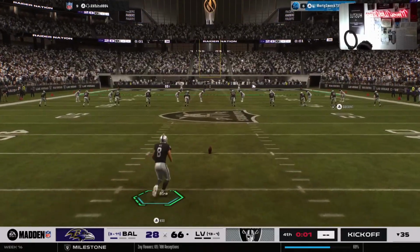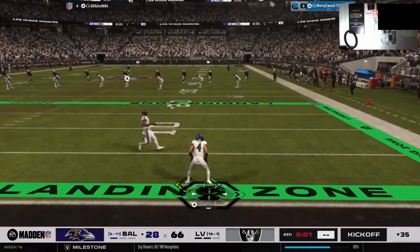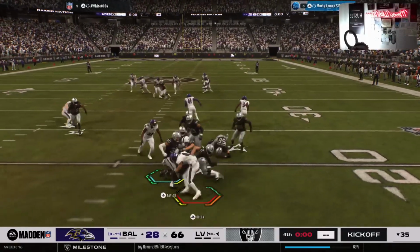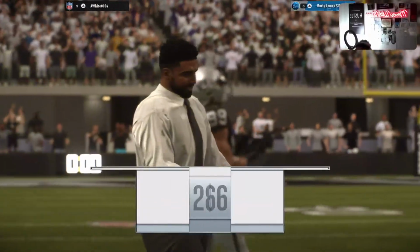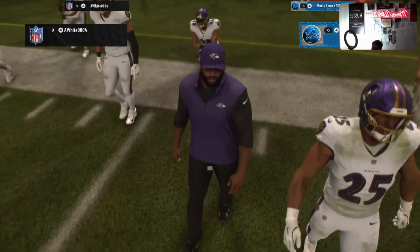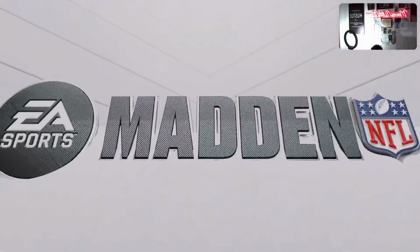Lined up and ready to put this one away. Fields this one at the 3. And dodged the tackle. And he's brought down, Brock, and that brings this ball game to a close. The Black Hole can take that party over to the Vegas Strip as the Raiders win at home. And the sting of losing such a close one the week before apparently still at the forefront of their minds. They got out there and rebounded nicely with